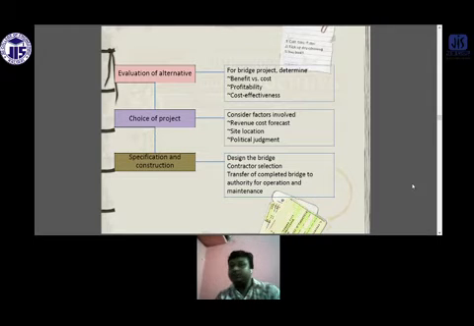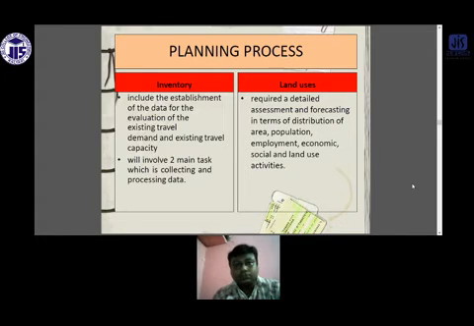And finally the specification and the construction. So design of any structure, contractor selection, transfer of the completed structure to the authority for operation, and finally the maintenance. So for the planning process, the inventory